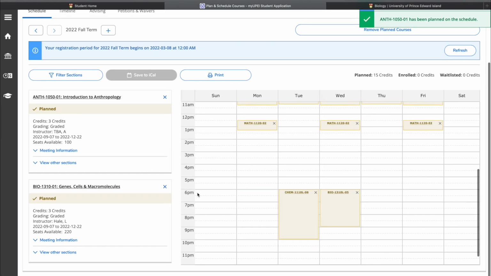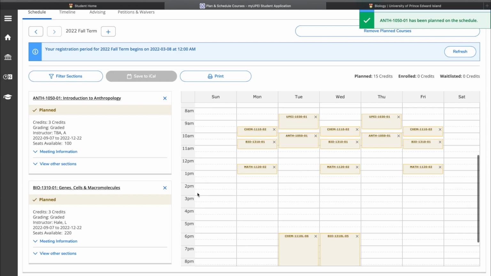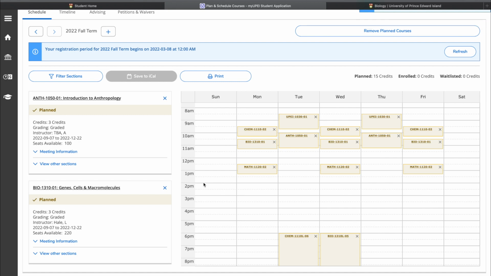So this schedule looks pretty good to me. We have courses back to back without any major gaps other than the labs. Joe Panther is a morning person, so he likes to come in early, get his courses done, and then have the afternoons off to spend in the library studying. So this works for him. If he did want to change anything around, he would have until about the second week of courses to change his schedule. Just make sure that if a course fills up, when you drop it, if you're registered, then you won't receive the same spot in the class. You'll have to join the waitlist again.